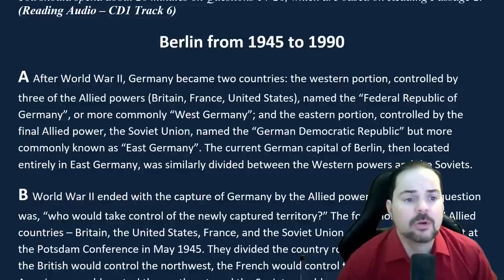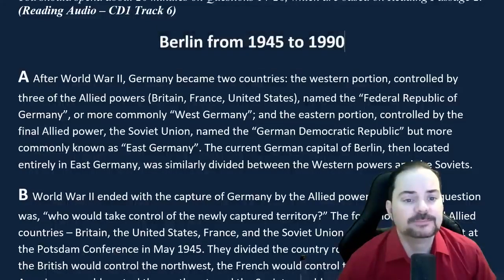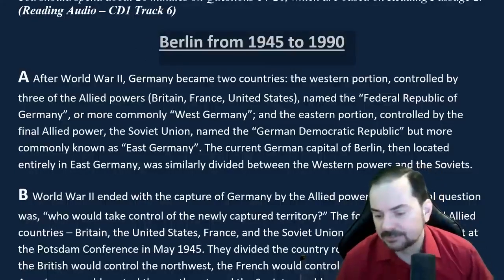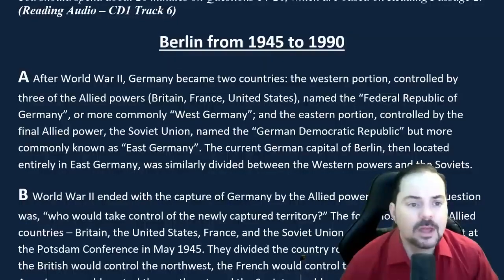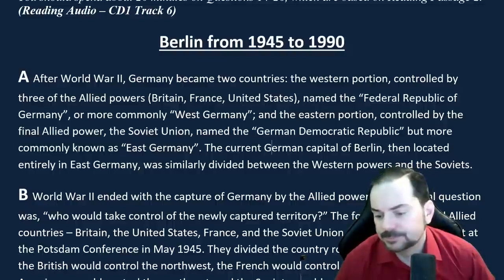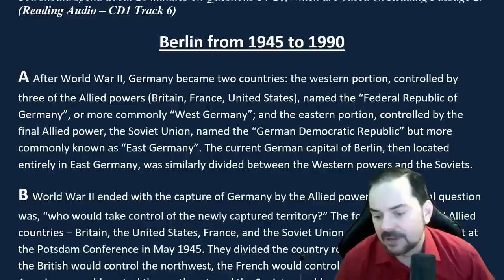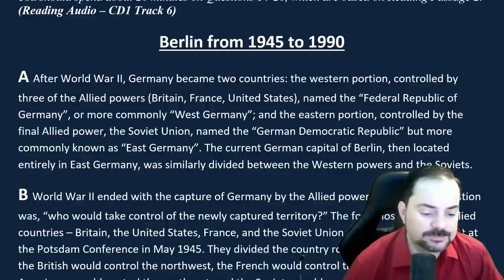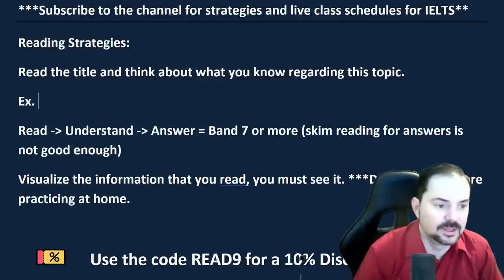So everybody, here we go. Title of this passage is Berlin from 1945 to 1990. Berlin is what? Alexi says it's the regeneration of the capital after devastating World War II. Right, so we have to figure out what this means. So here the topic is Berlin